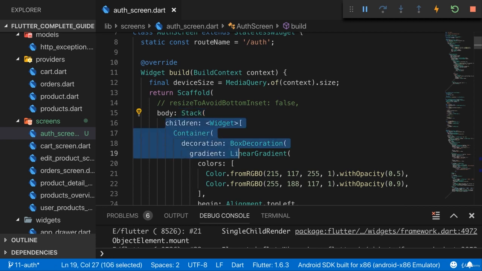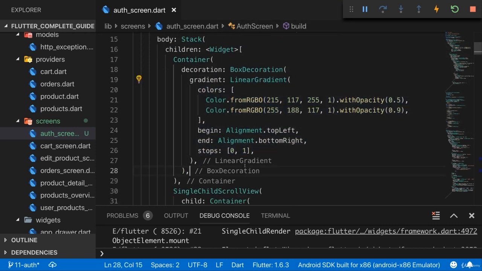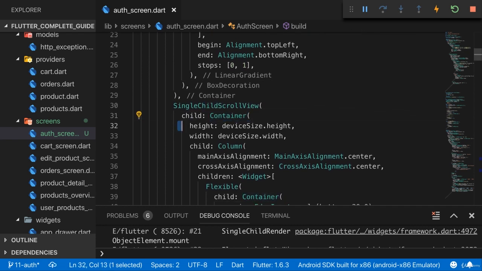And then the bottommost widget here is a container, which actually has a box decoration that sets up a linear gradient. I also covered linear gradients earlier. This basically allows you to create a gradient between two colors, and these are simply two such colors. Basically a linear gradient as we used it before. And then the other item in the stack above the gradient basically is a single child scroll view with a container inside of it, which I simply use to configure the height and the width to take the full device height and width.